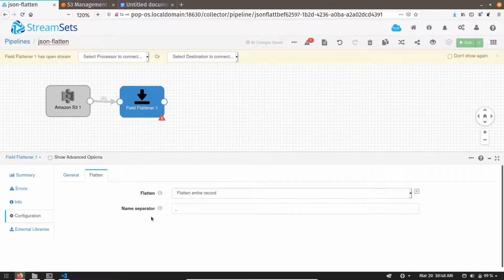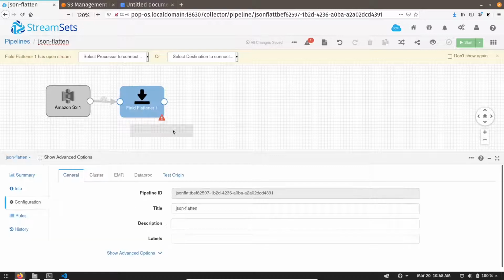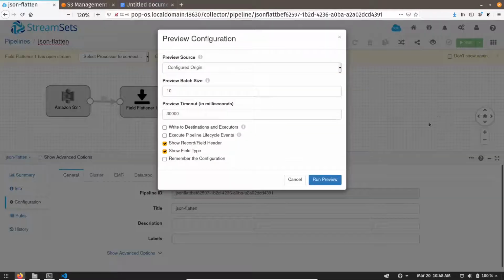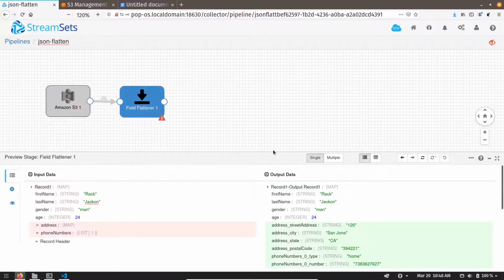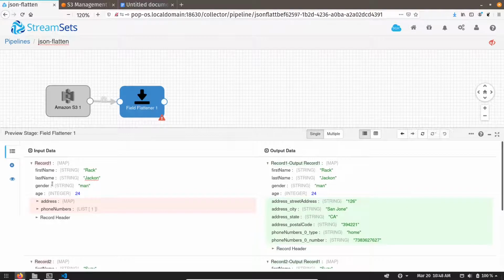This separator is for the newly generated output fields in the record, and each output field will be the concatenation of the hierarchy column names. Now let me preview it. You can see our hierarchy has been flattened: address street, address city, address state, and the same for phone number.